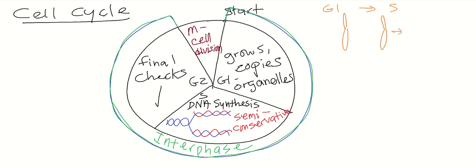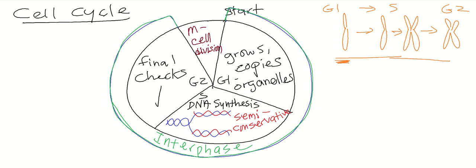And then during the S phase, when it does this semi-conservative replication, it's going to copy itself, and then you get this sister chromatid looking shape, which I'm sure you're familiar with, and then afterwards, all the way into cell division until anaphase, when these things separate, is going to look like that. So just want to point out that if you see chromosomes in that format, it's before the S phase. If you see it in the sister chromatid format,